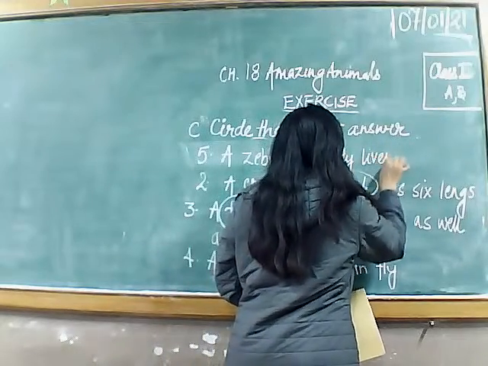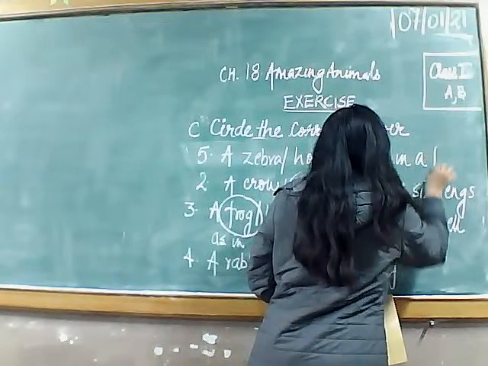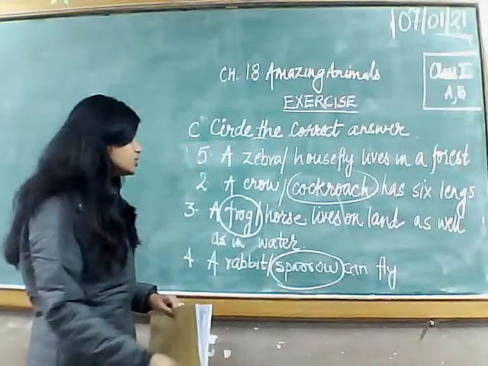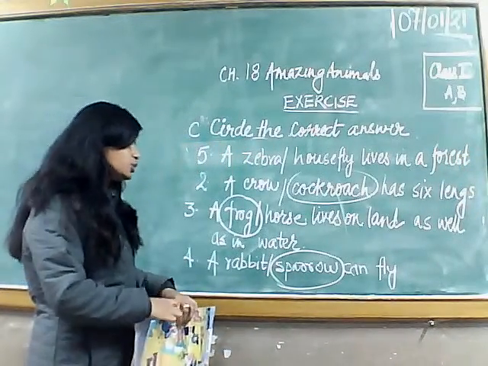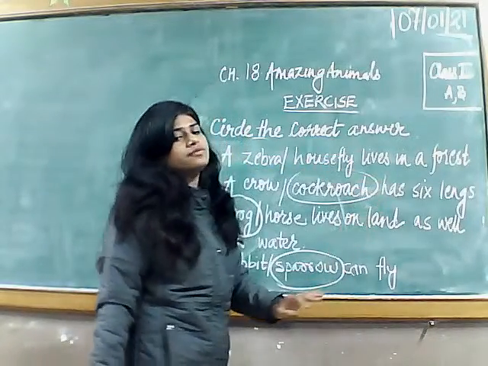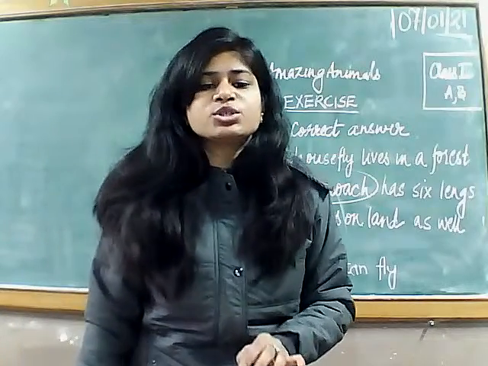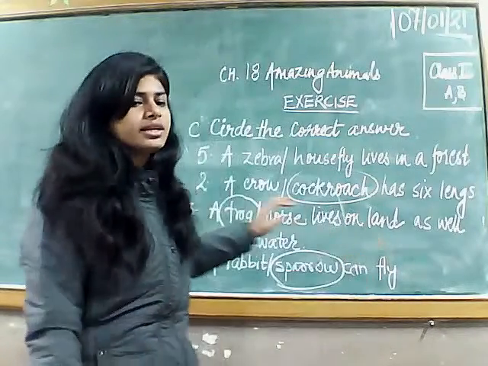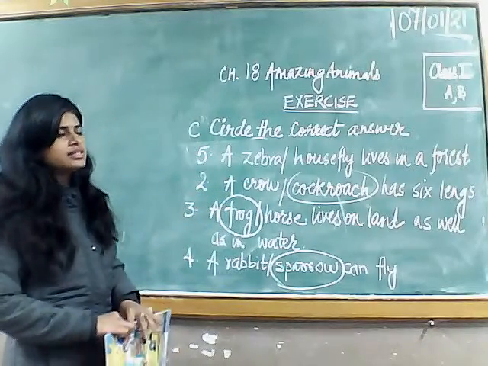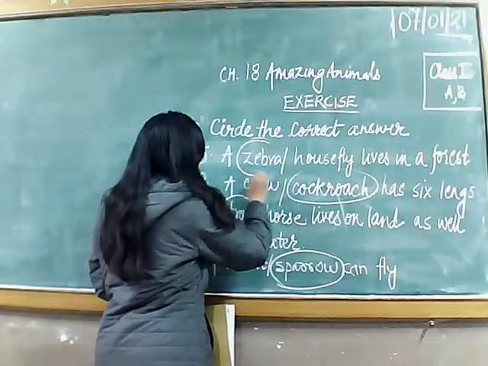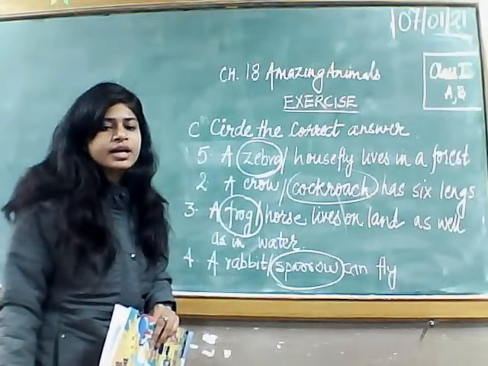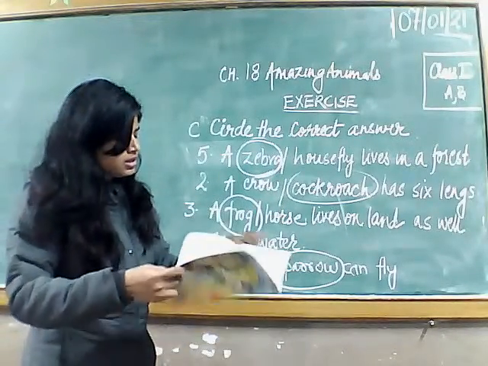You have to tell me which of the animals, zebra or housefly, lives in a forest. Now, animals that live in forest, children, they are wild. So please identify the wild animal from the two. Avni says it's zebra, so we will circle zebra. Okay, children? I hope you were able to understand the 5